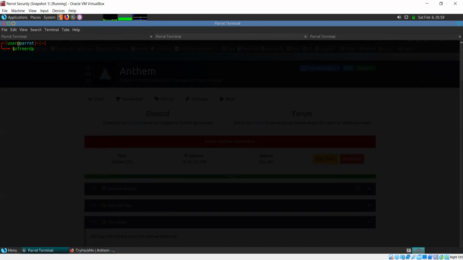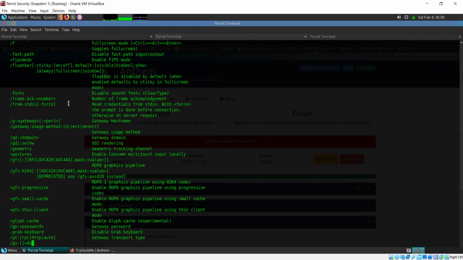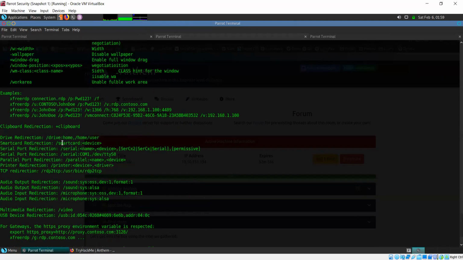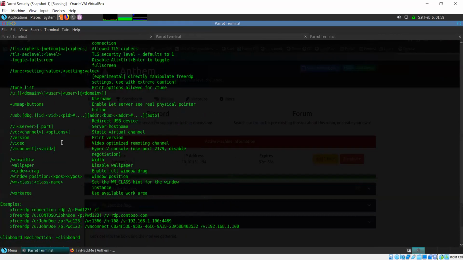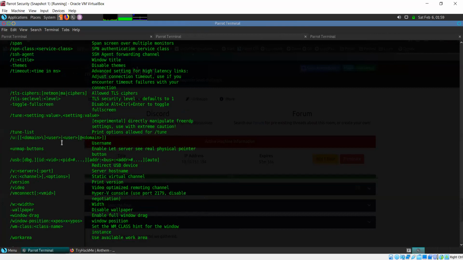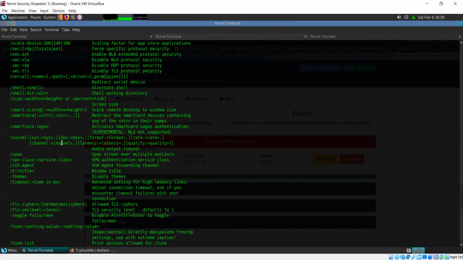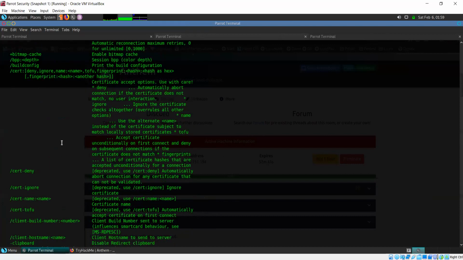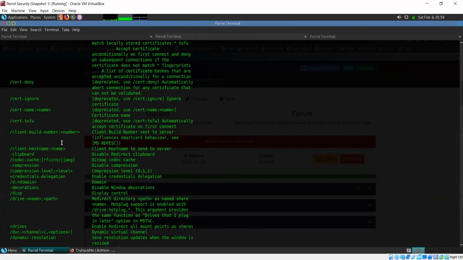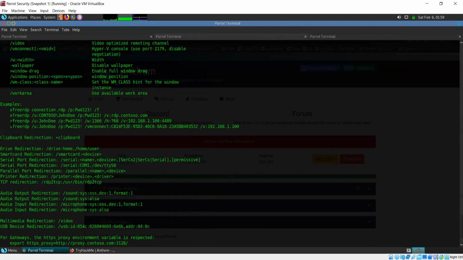xfreerdp is the tool that I'm going to use. And if you're unfamiliar with this tool, all you have to do is just press enter and you'll see a lot of information about it and how to use it. Now it seems like there's a lot of stuff here, a lot of commands, but just look at the usage examples that they've given.